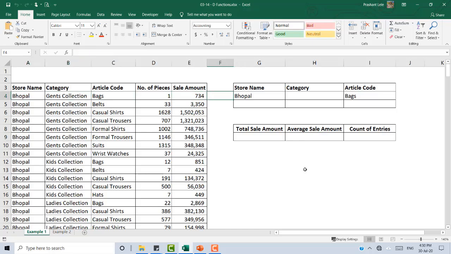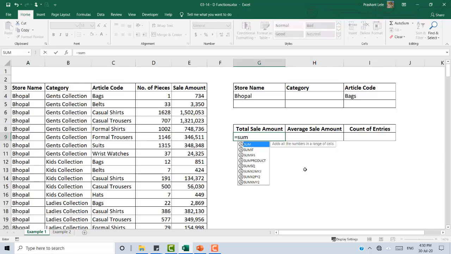Now if I want to see the total sales for Bhopal store, in our normal SUMIF case, what we do is equal to SUMIFS. I'll use SUMIFS because we will be putting additional criteria also, like article code and all.